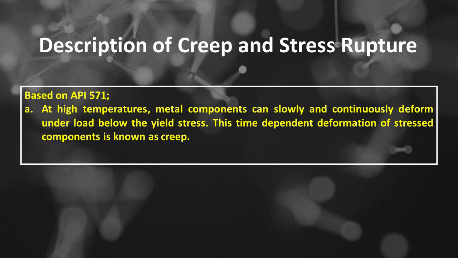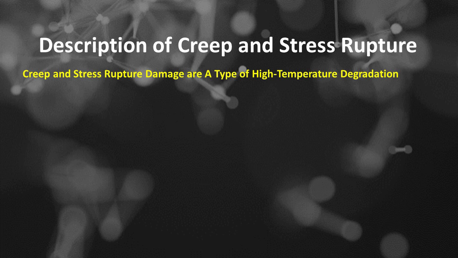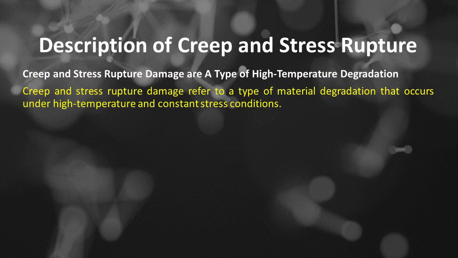This time-dependent deformation of stressed components is known as creep. The second is that deformation leads to damage that may eventually lead to a rupture. Creep and stress rupture damage are a type of high-temperature degradation. They refer to a type of material degradation that occurs under high temperature and constant stress